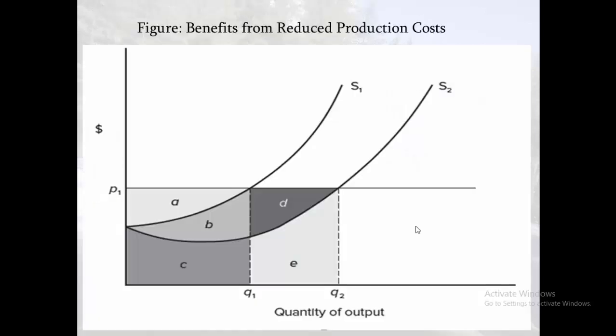Then we see that when the change occurs, when certain measures are undertaken and regulations are implemented, we see an increase in the supply curve of this farm to S2, and we see more output. In this case the total output is A plus B plus C plus D plus E. When S2 is the supply curve, C plus E is the cost, so we subtract this cost.